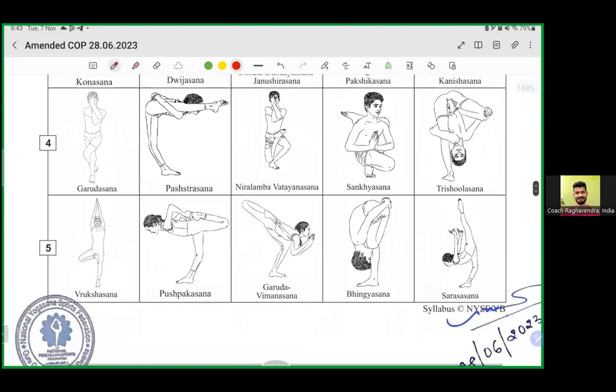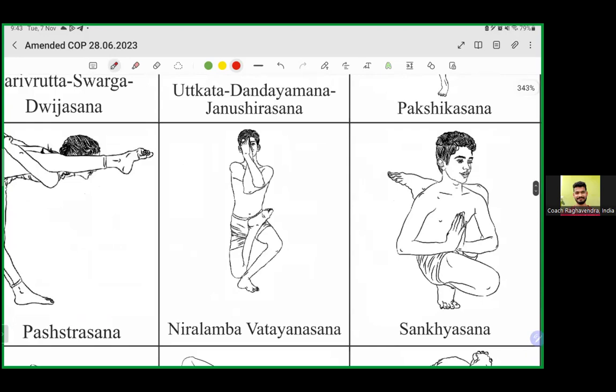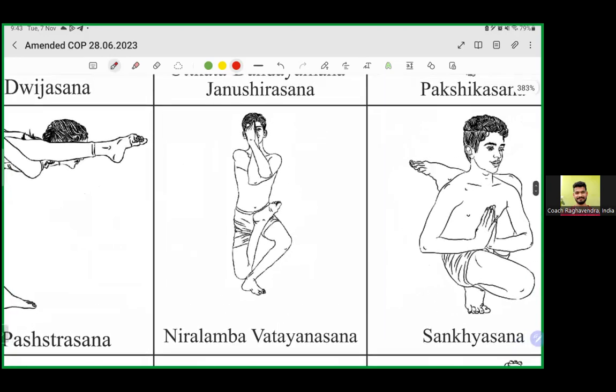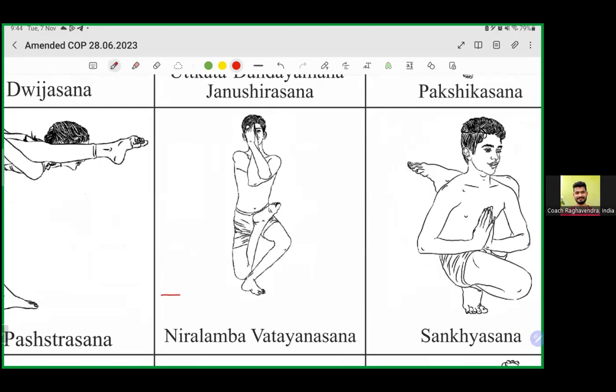So Niralamba Vatayana. If you see this particular asana, the leg is placed on the floor. However, the knee area is placed at the joint, backside of the ankle. So when the particular asana is demonstrated as an optional asana,